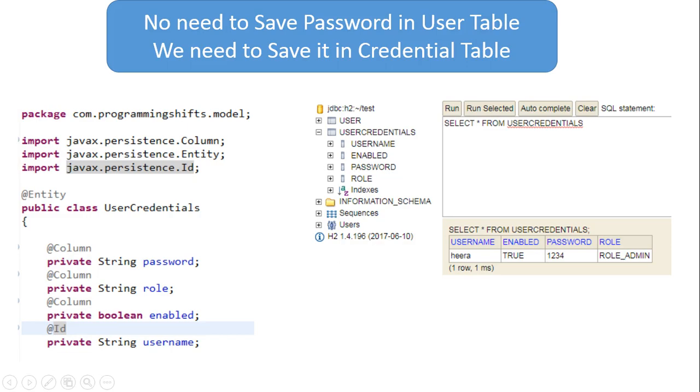Similarly, with select star from user credential, it will show the other information: username, enable, password, and role. Initially I gave my name at the time of sign up with the user role.